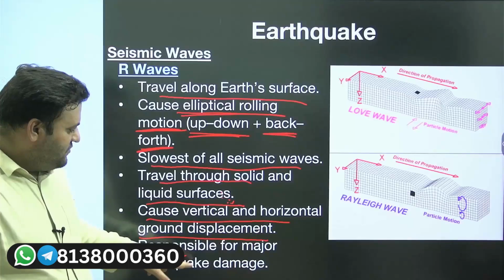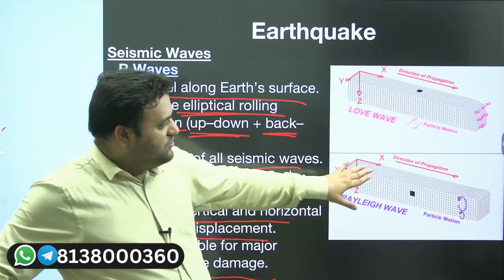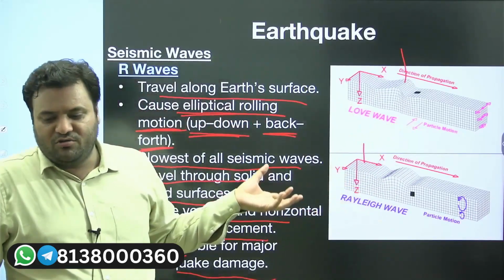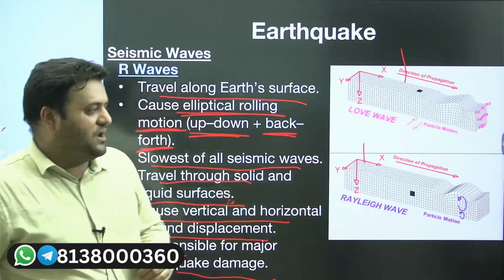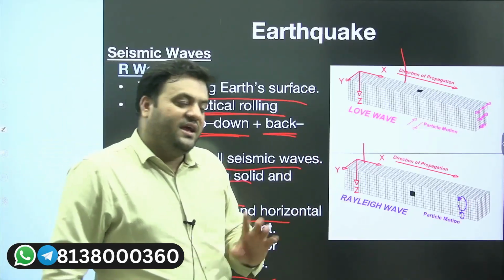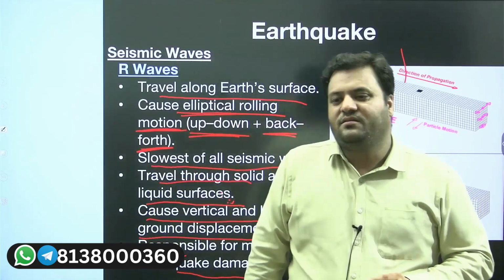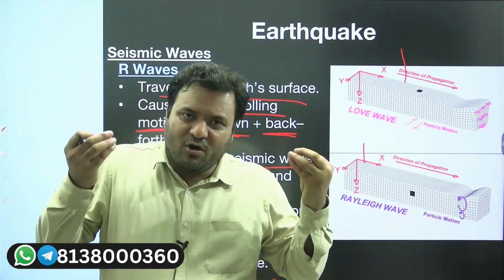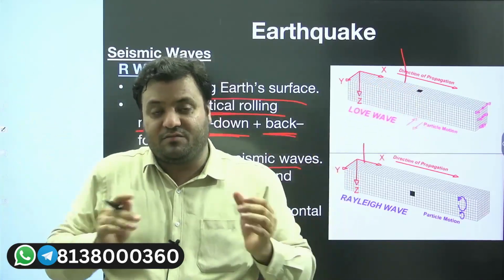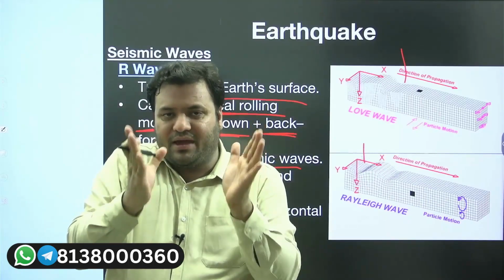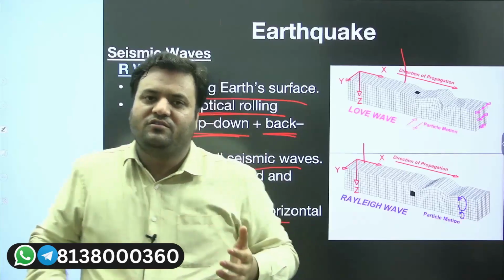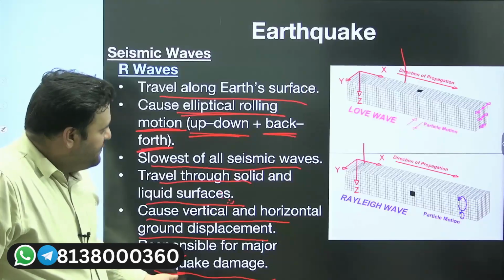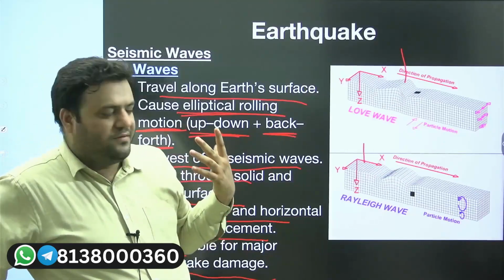They are responsible for major earthquake damage. If you construct your houses here, L wave and Rayleigh wave will result in the most damage comparatively. However, if the intensity is greater, then you will see damage even by the L wave as well. Irrespective of the intensity, there will always be damage because of the body waves and surface waves. But comparatively, if we contrast which one will cause more and less, yes, surface waves. Among the surface waves, we have major damage. Moving ahead,